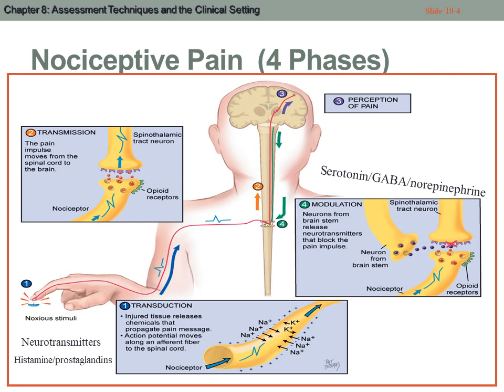From the spinal cord, transmission occurs. Now, in transmission, this is where we have a connection made, or there's a synapse, or there's a cleft that the message has to actually jump across and continue